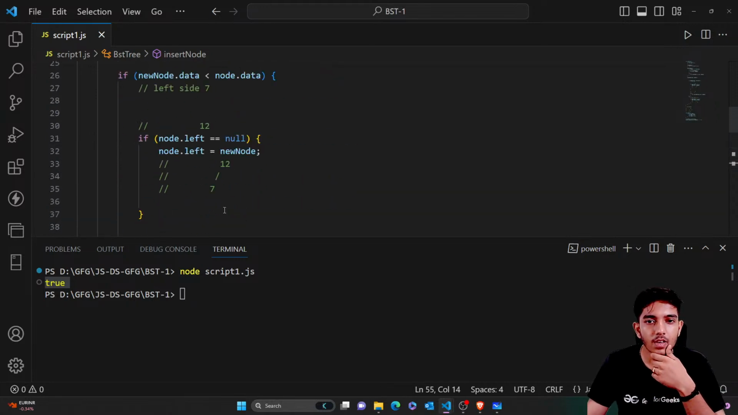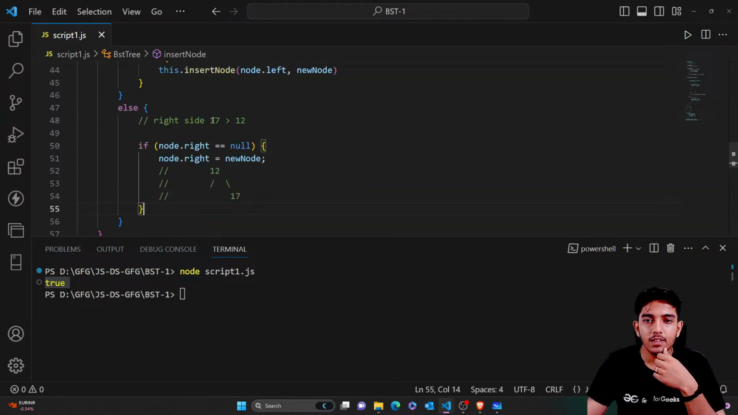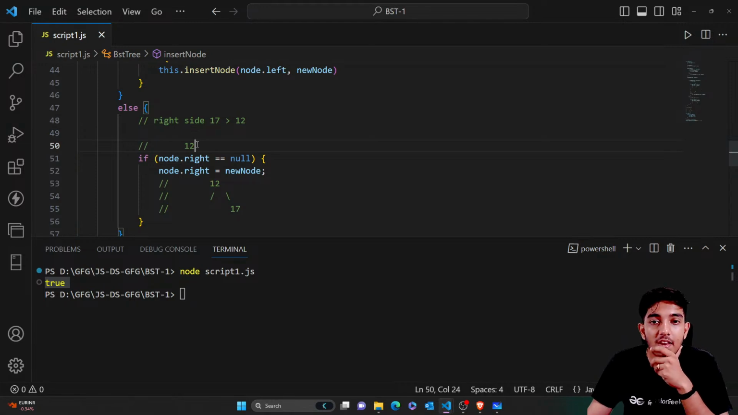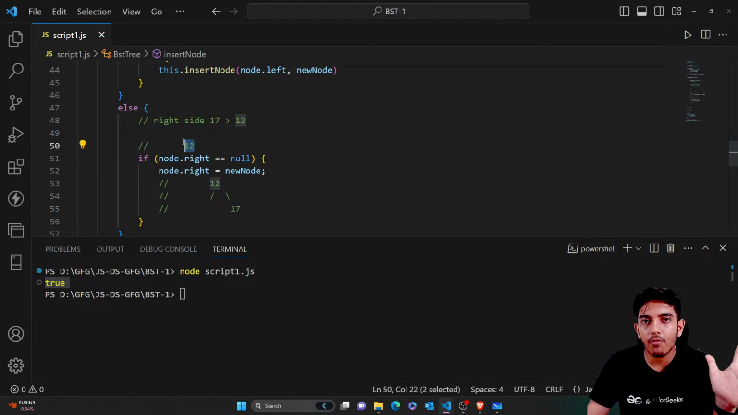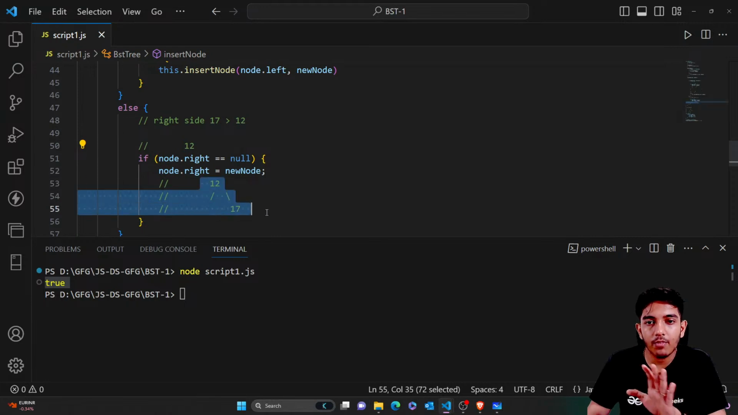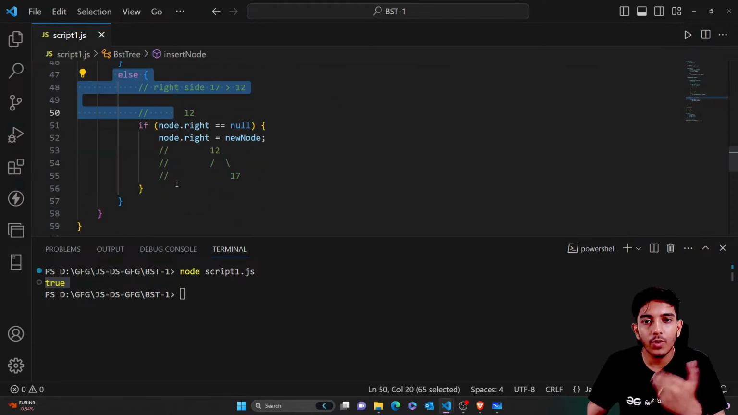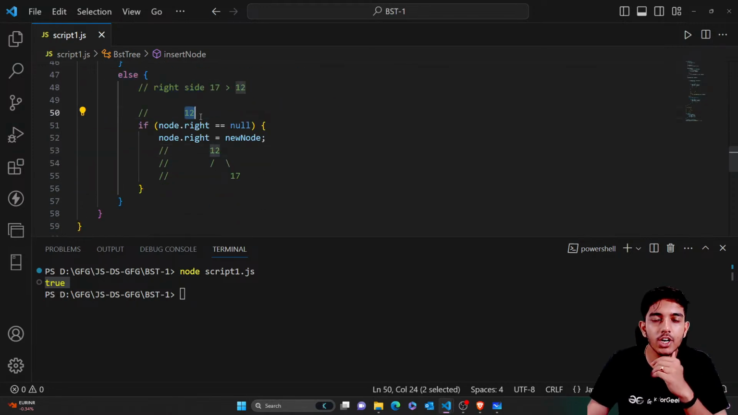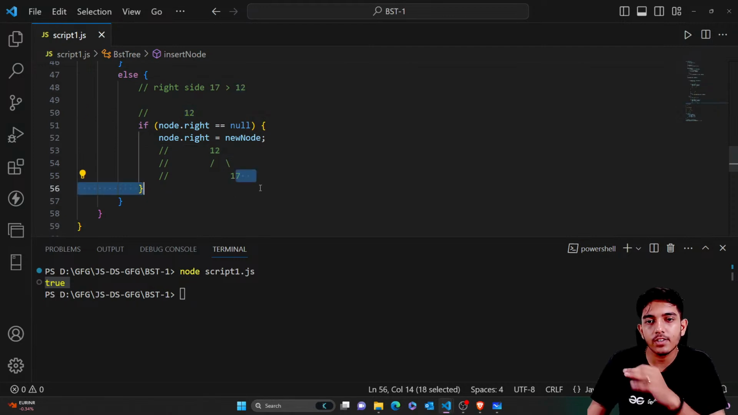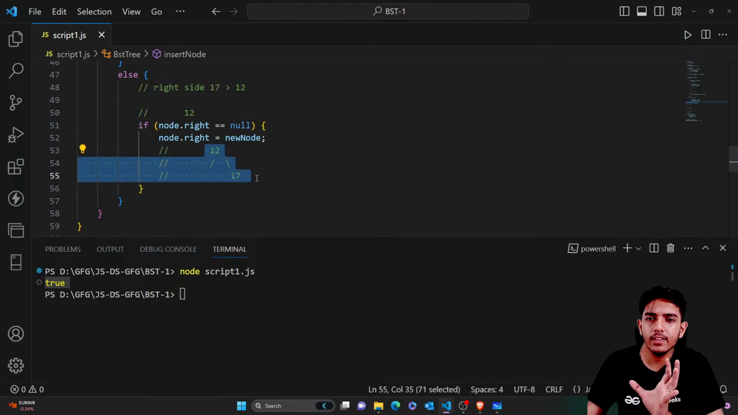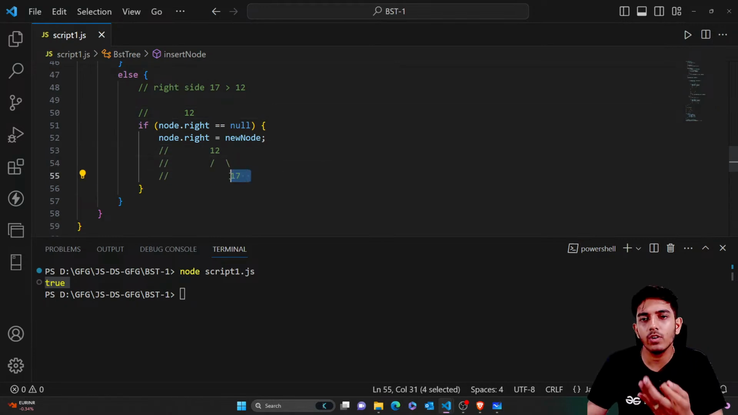Now suppose we have a second case. If I talk about this, you can say that initially 12 did not have any right child. That's why we have inserted on the right. We are not talking about the left. This is the right case, so we are talking about the right side. Initially 12 did not have any right child, so we simply inserted it on the right. If 12 had any right child, that means if 17 was already there,